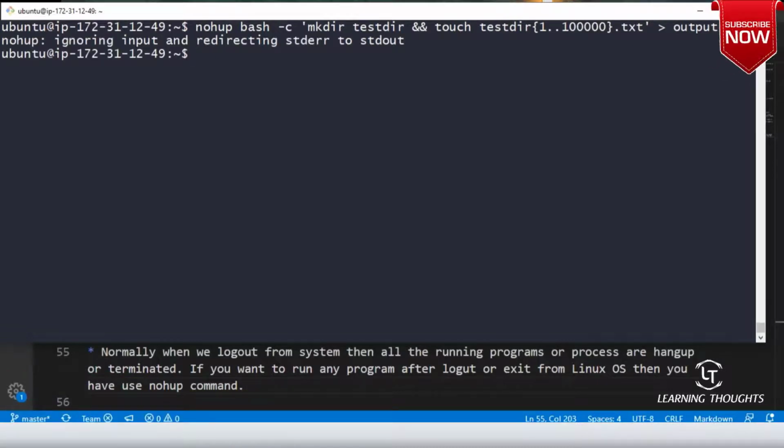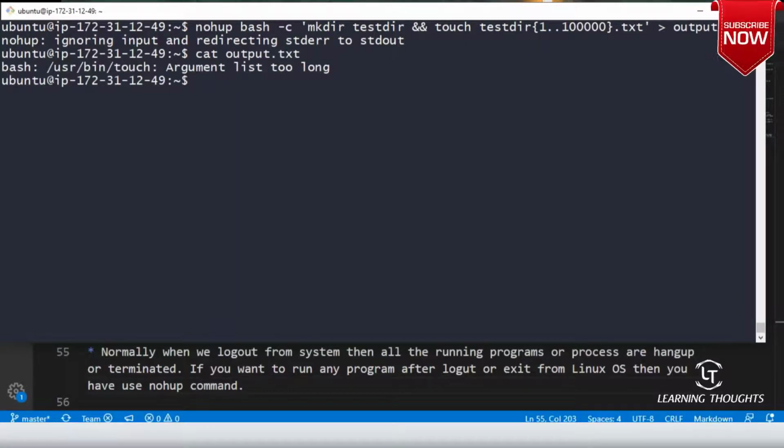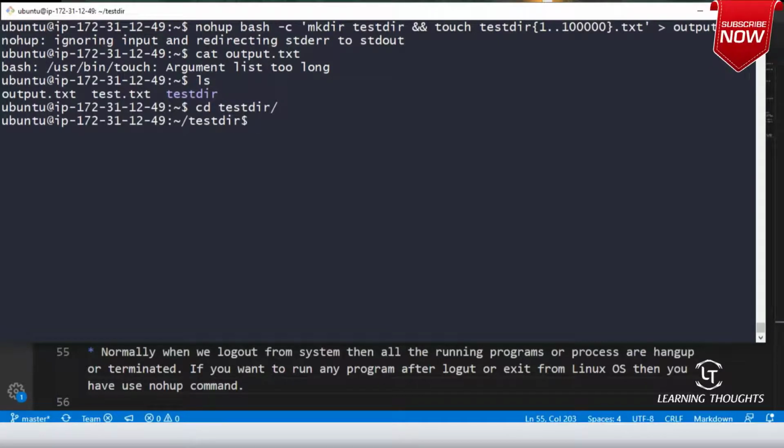Okay. Now cat output.txt. Oh, it is still working. Yeah. So let me get into testdir. Let me do ls. Oh, this command has failed.